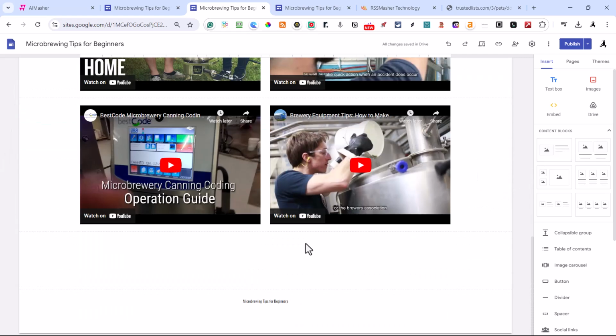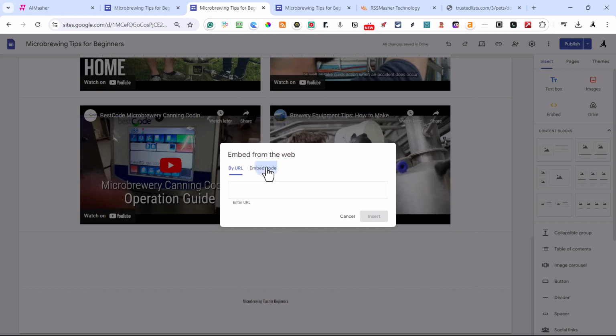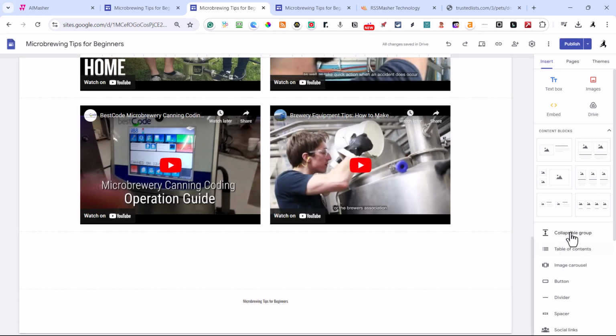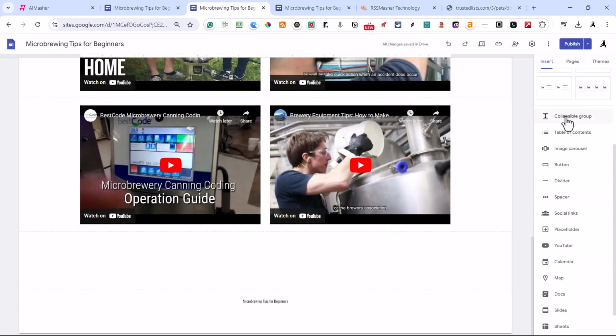But while you're in here, you can also put in more images. You can do embed. You can actually put in embed code. So if you have anything that has an embed code, you can just drop it right in there. And you can come down here and just like a regular website, you can put in an image carousel, which we highly recommend.